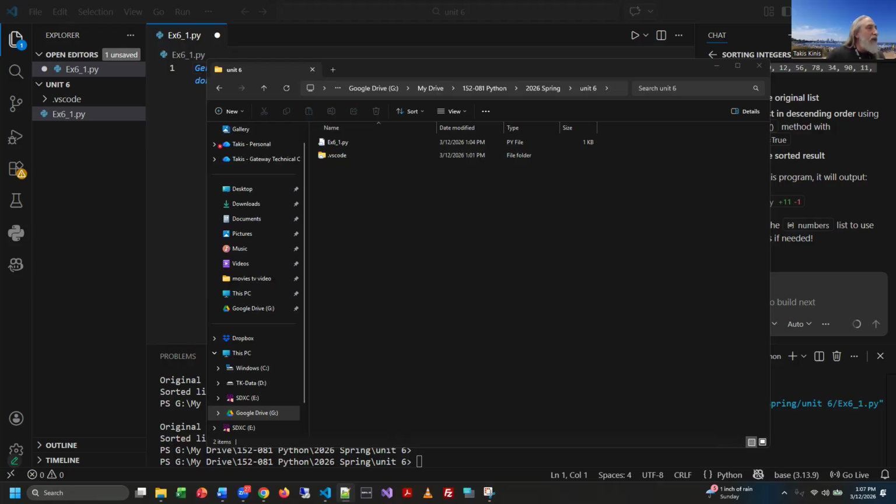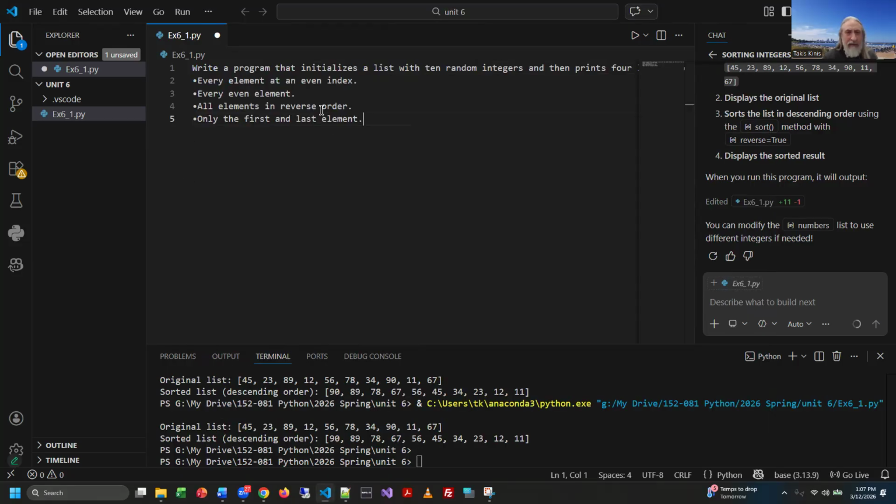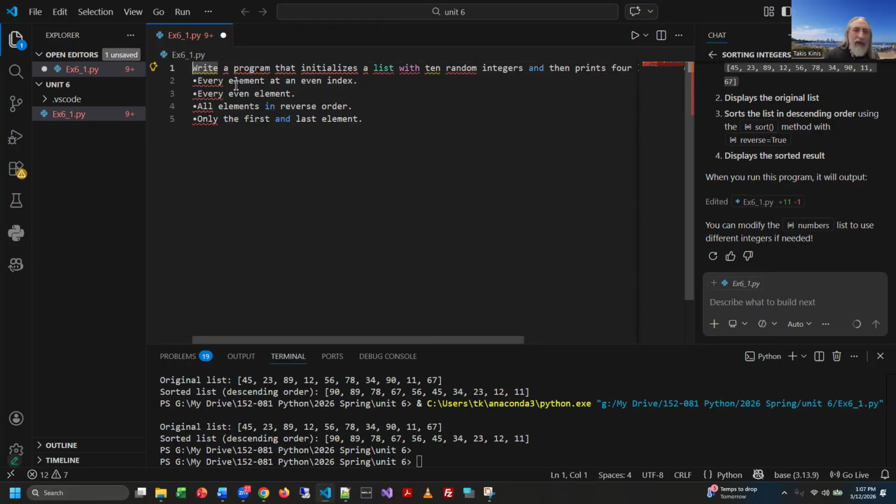All right, so here's the first programming prompt. I have it pre-copied here, so I'm going to paste it in. And I'm going to put it in the form of a comment. I just grabbed it right from the Word document, right? So write a program that initiates a list with 10 random integers